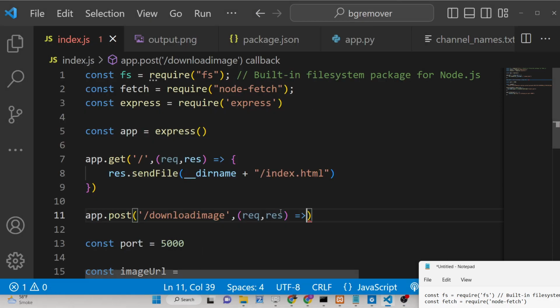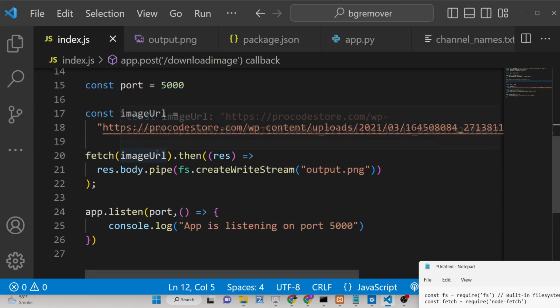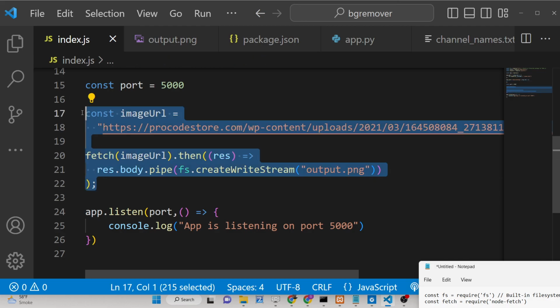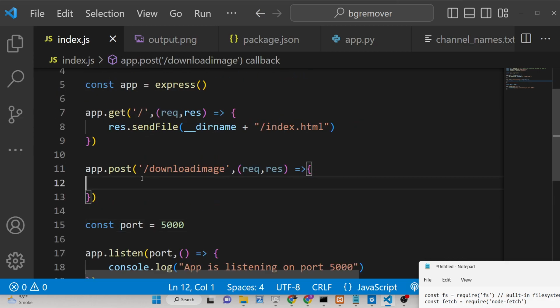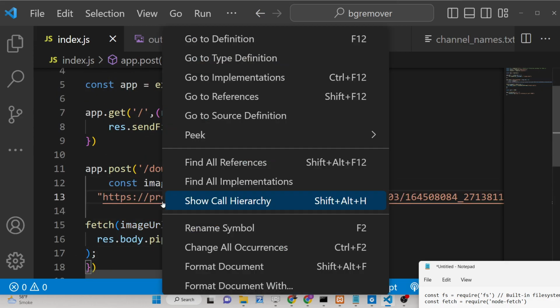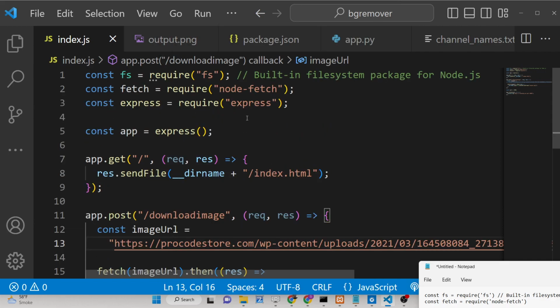So you can see we just need to basically download this image. So we will simply wrap all this code inside a function. We can copy this whole code and paste it inside this request. Simply format the document, and this image URL, guys, we need to